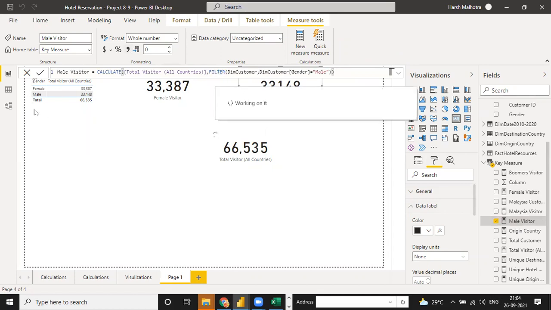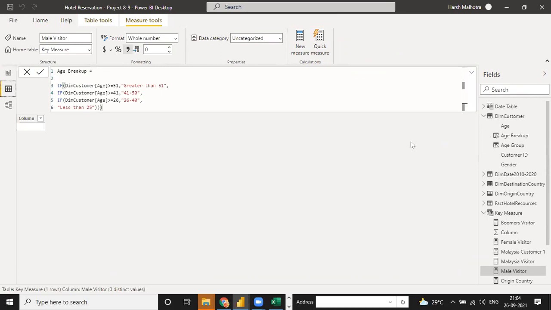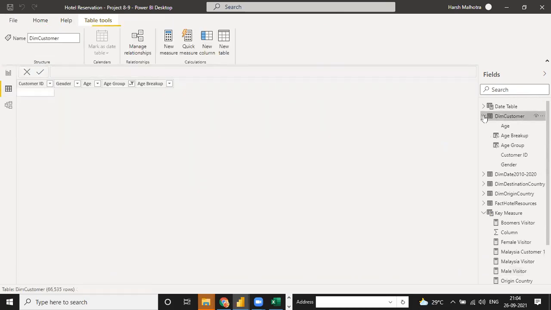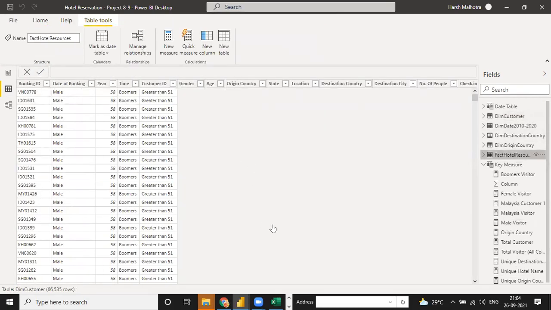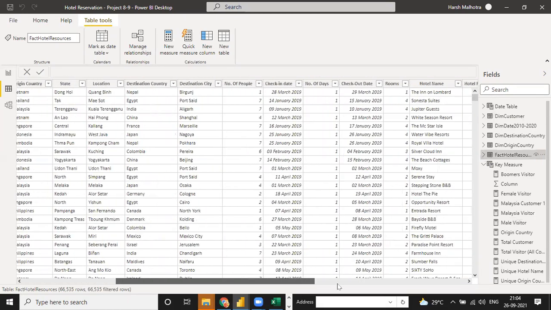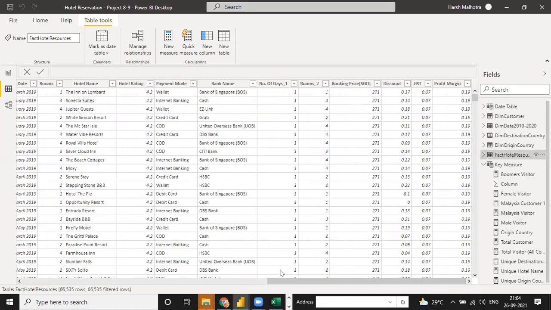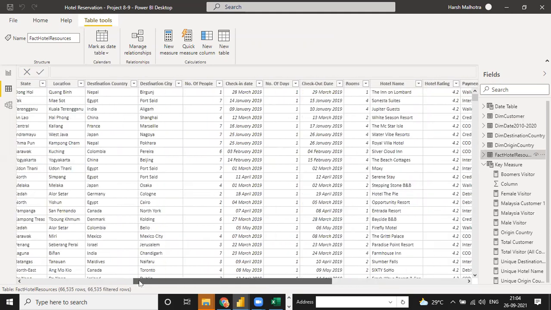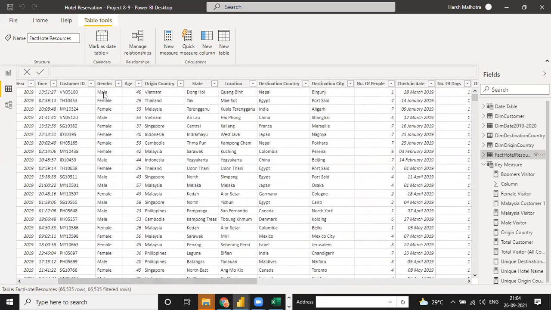Now see, why am I using a filter? Go to the fact table. In this fact table you have the same count, but when you go to the gender, where is gender? Yeah, in this gender column, when you use the filter function, it contains all the values, it does not separate male and female.